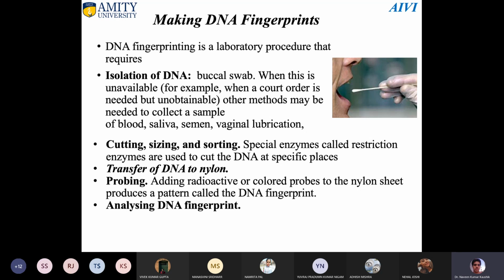Our role is first the DNA isolation, or the collection of DNA. What techniques should we use, as these samples are very, very special? You can't use the techniques that we generally use in our laboratory, because in our laboratory we do not have a scarcity of sample. We have an ample amount of sample. But when you're talking about DNA printing in forensics, there is a very low amount of specimen. From that very low amount of DNA,